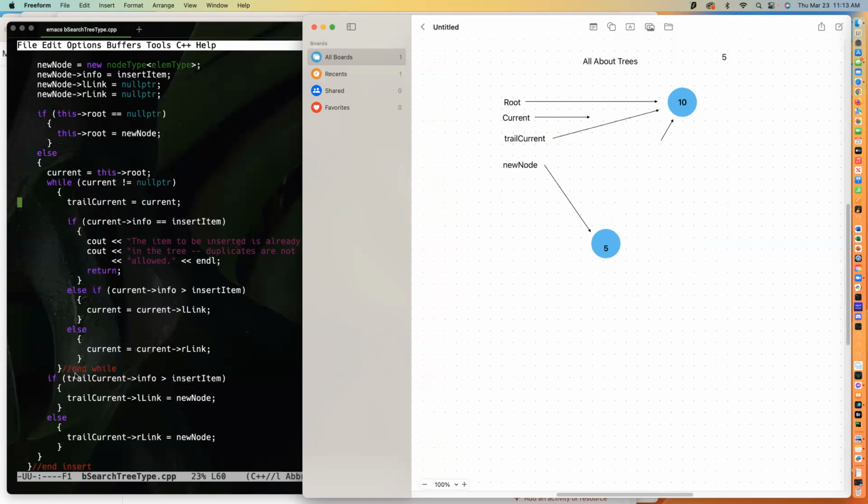So I've ended the while for here. I'm going to go back up here and say while current not equal to null pointer, current does equal the null pointer now. So I'm done with that. I'm out of the while loop. If the trail current info is greater than the insert item, the trail current info is here,